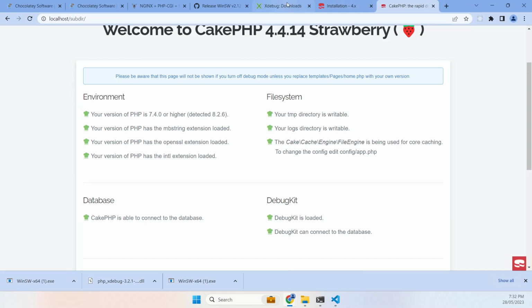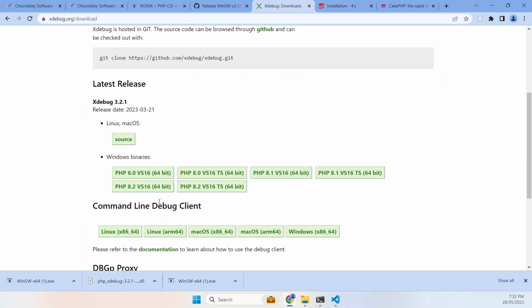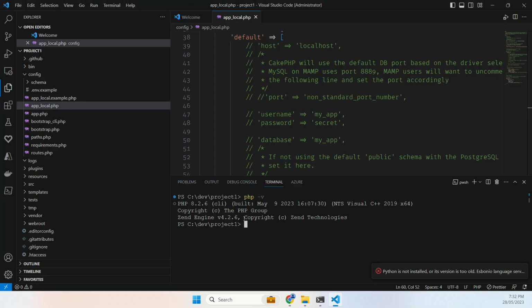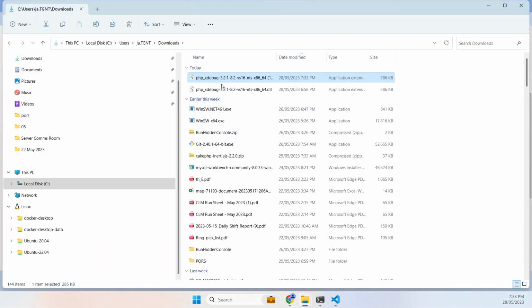range. So what we need to do, so we've got the XDebug downloads here, and then we've got a bunch of different options for Windows binary. So which one do we select? Well, we know we're running 8.2, but this one's the non-thread-safe version, and so we really need to pay attention to the version and whether it's thread safe or not. And then when we look here, we can find that there's TS versions, thread-safe versions, but we don't want that. We want the VS16 8.2,